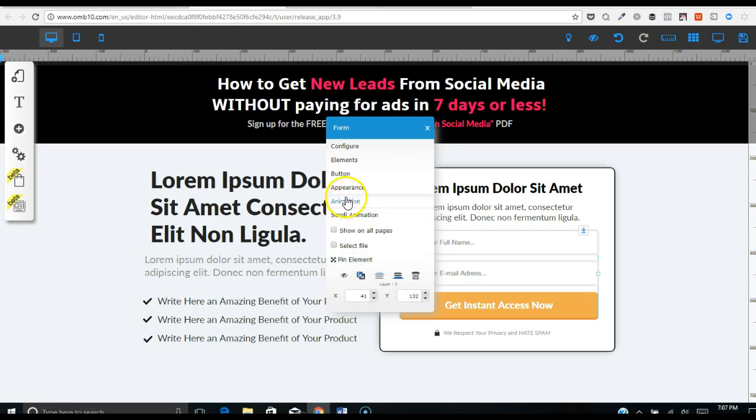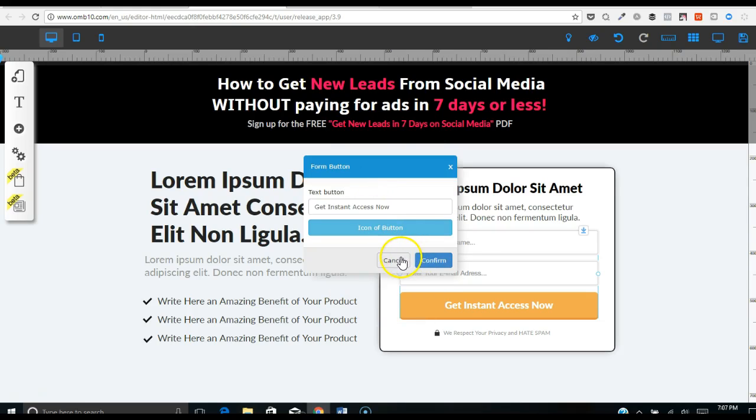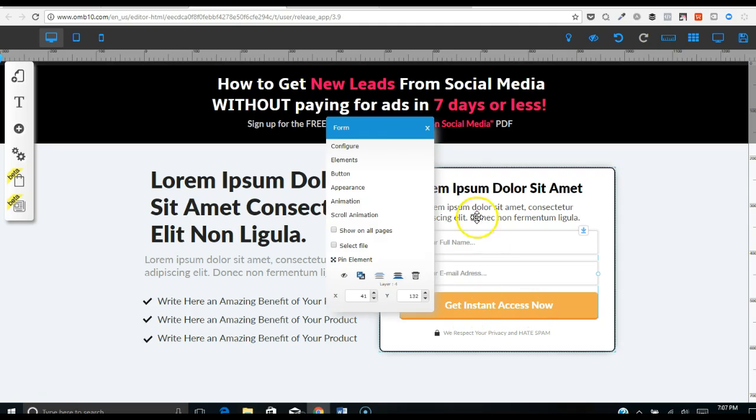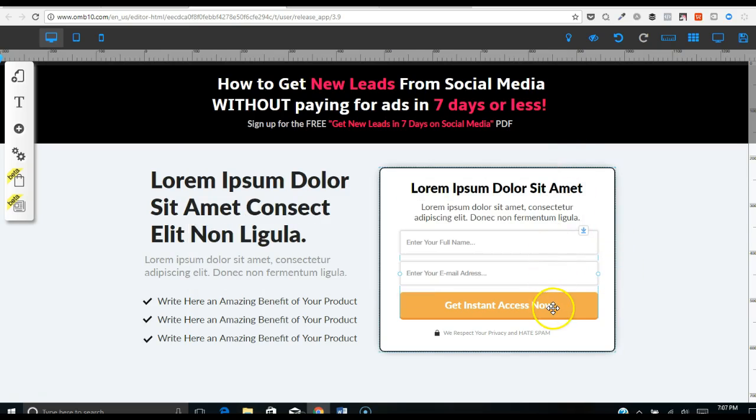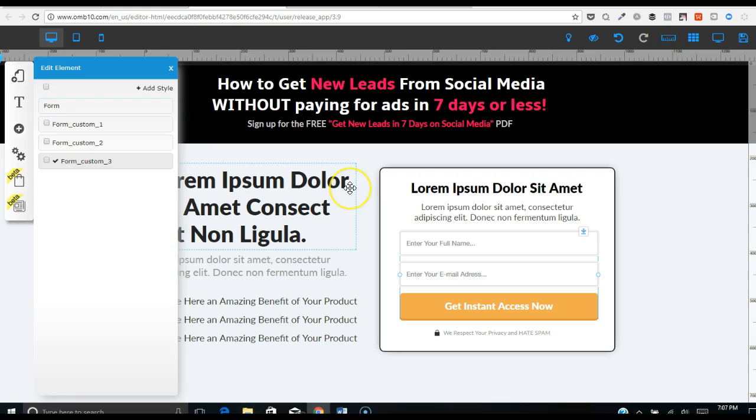So let's see here if we can find what else we can do with this button here. Again, let's go back to our button here, and that's not helping us, so we're going to go through this one more time. Let's see, that did not go where I wanted it to go. I want to see where I'm actually going to get this button here. Okay, appearance of the button. I'm going to go in here,